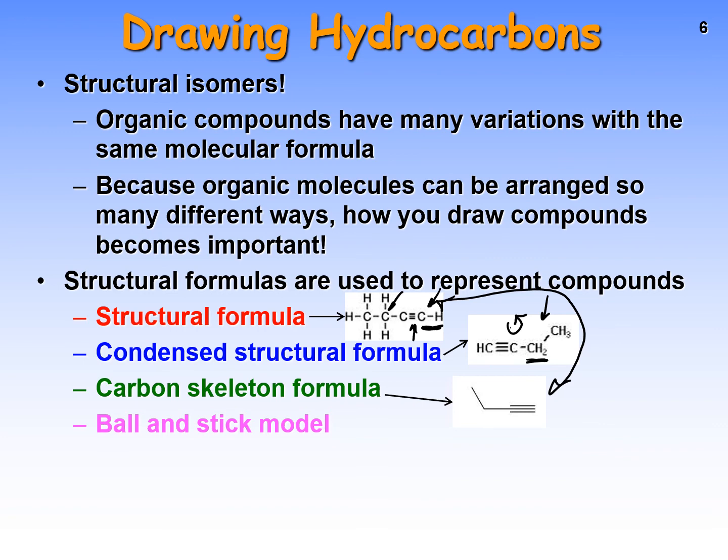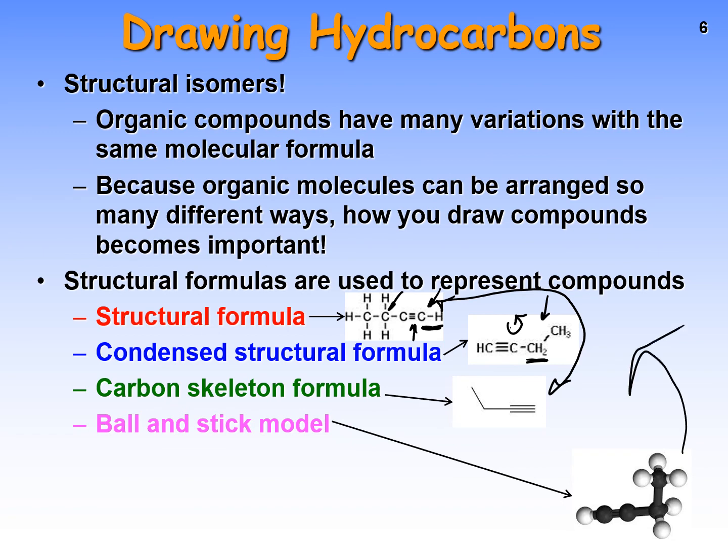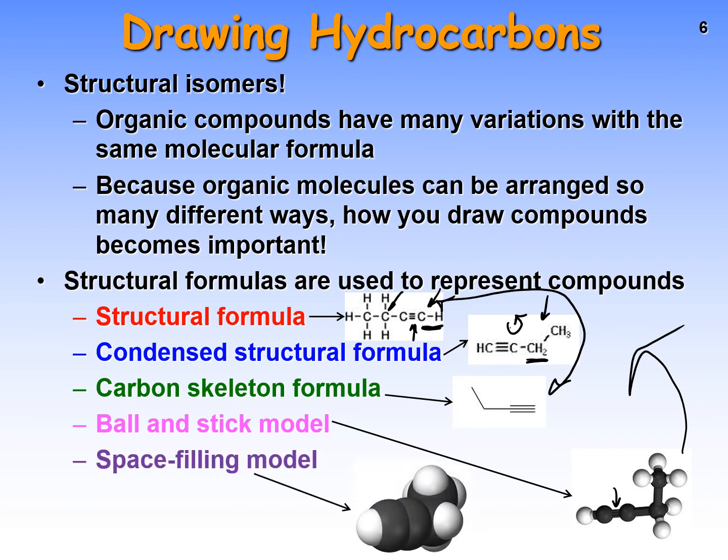Next, the next two forms of drawing structures are ball and stick model and space filling model. Both require computer software, so we're not going to be using them. But just so that you can kind of see, again, this is the same as all that. The triple bond's right there. The software that we're running with both ball and stick model and space filling model, it costs about $1,500. So I'm not going to ask students to pay for that, obviously. I can't even afford that.